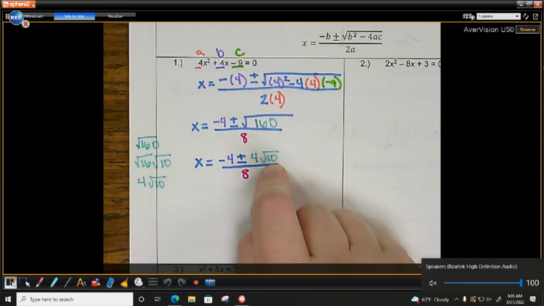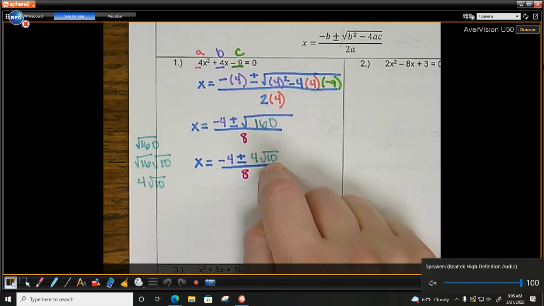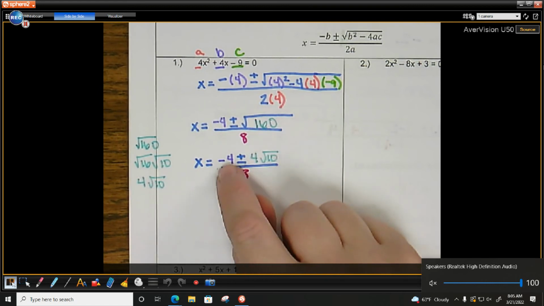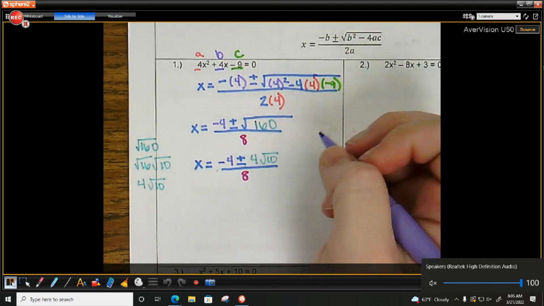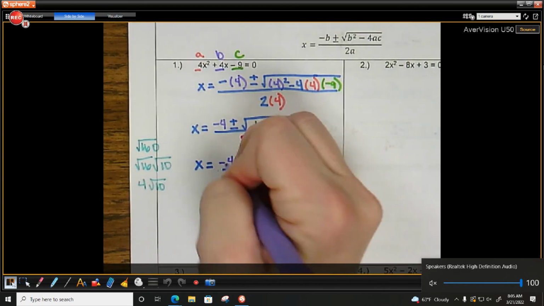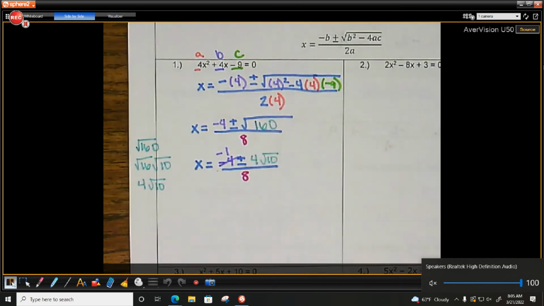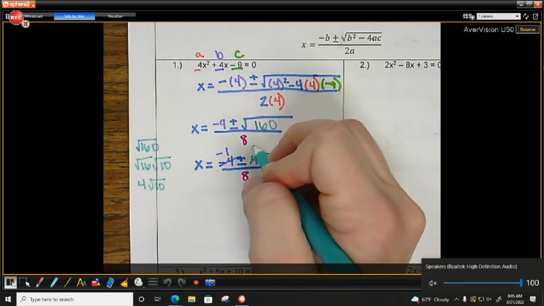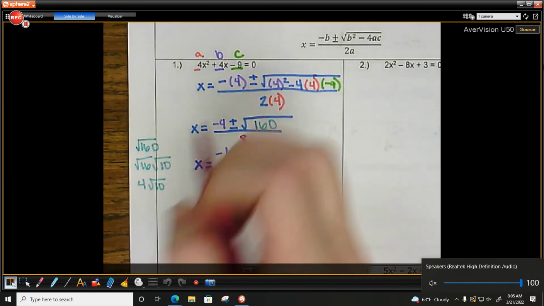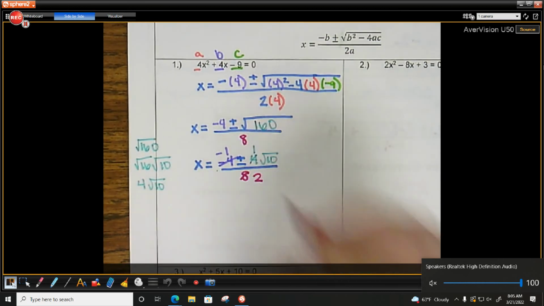So we're just looking at all the numbers that are outside the square root. So negative 4, 4, and 8. Is there a number that negative 4, positive 4, and 8 are all divisible by? 4. Okay, so what's negative 4 divided by 4? Negative 1. What's 4 divided by 4? 1. And what's 8 divided by 4? 2. So I'm going to have x equals